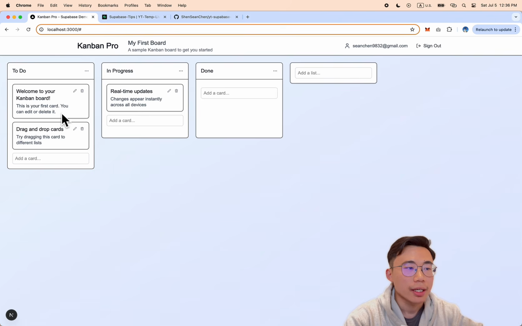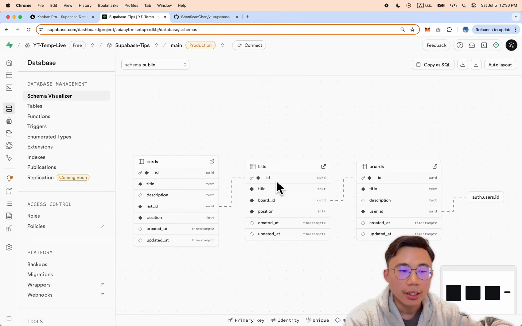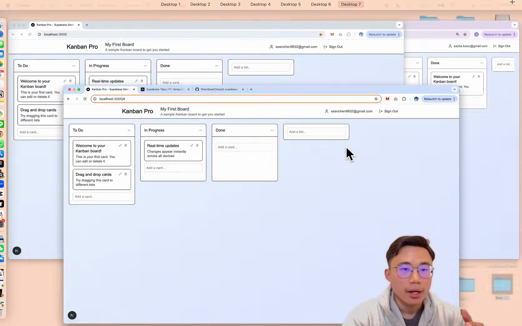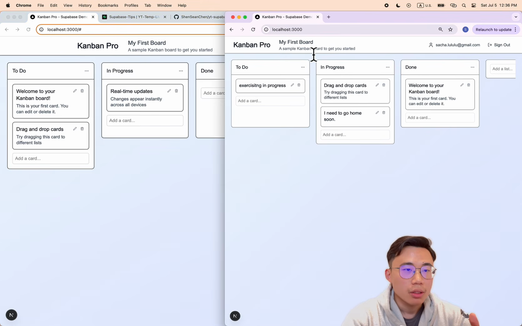The list is basically every list here: To do, in progress, and done. That's another table recording it. And it has its own list ID and board ID linked to which board it was storing the list with. So for example, in this case, the board is belonging to this account, right? But in this case, this board, which is completely different,